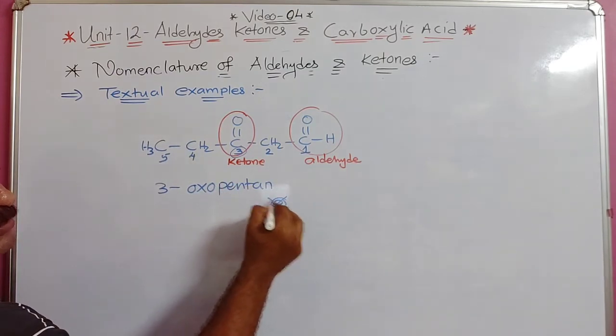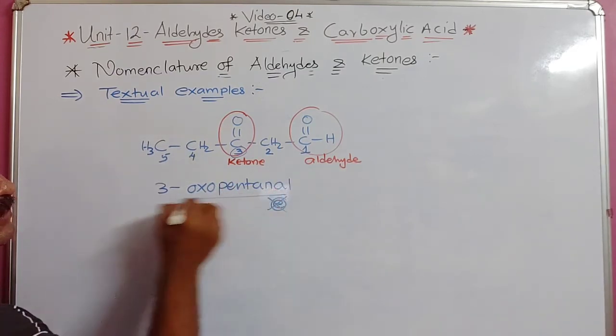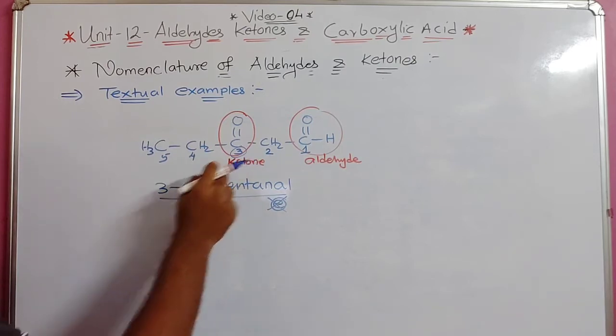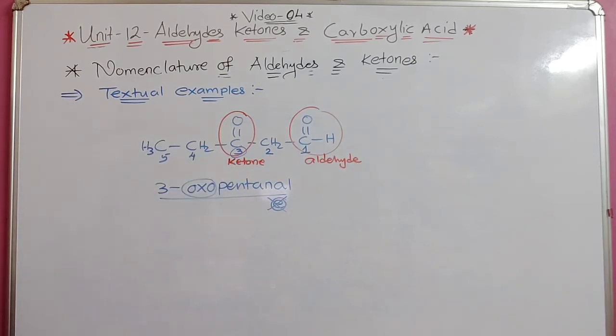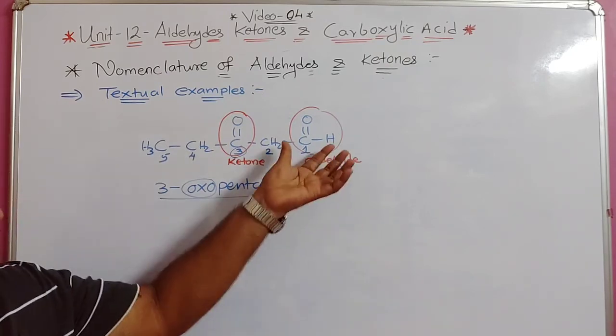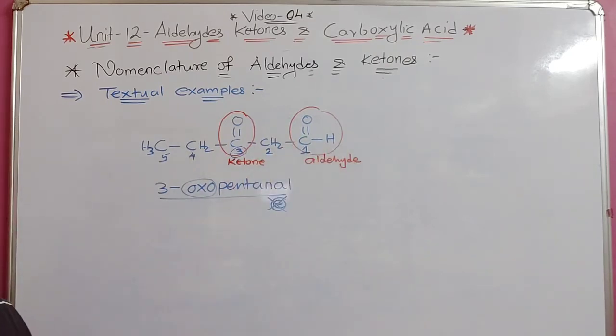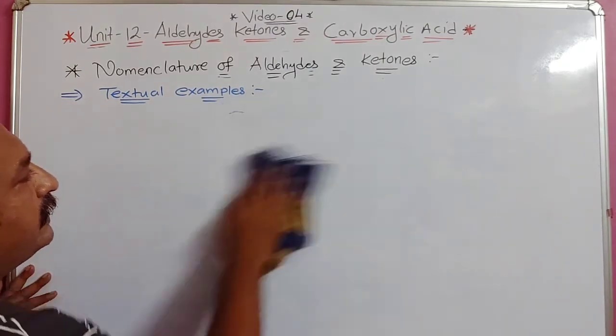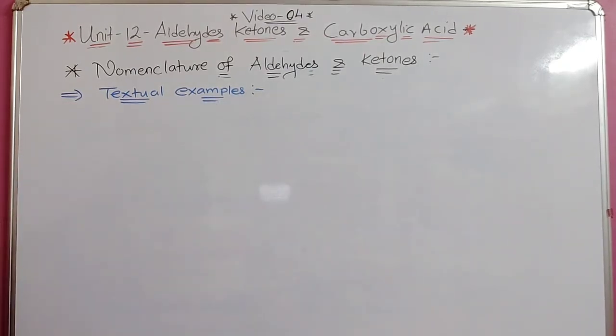Pentane, the E is removed from pentane and al is there. So this oxo word is used whenever a ketone group is in the center with an aldehyde or any other functional group. This one is taken as the principal functional group, what we say. Understood this part? Now the next one, what is given in your book, next example. This one we have already discussed, I think.